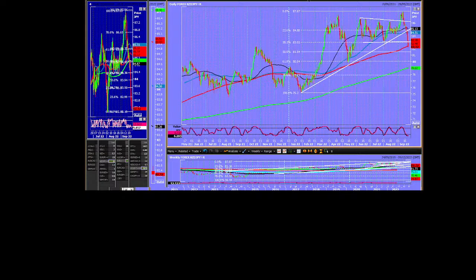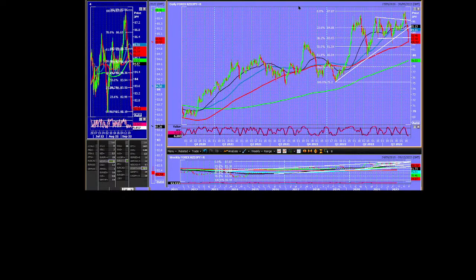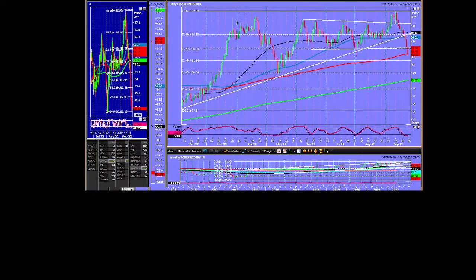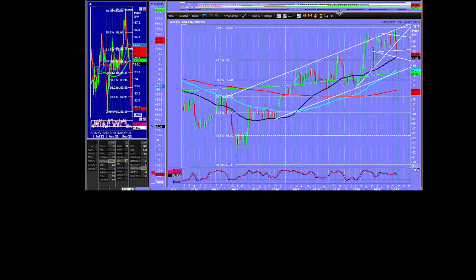You know what, this isn't really saying much to me either. For so many months, this has just been going sideways, and I can't really do much with that. If it breaks the 200-day moving average, well, of course, that's quite significant. But are there any big fib levels or trend lines or anything on this that I can actually get excited about? Not really. I don't even know why I've got that trend line. I'm going to take that off. No, I'm going to leave it.